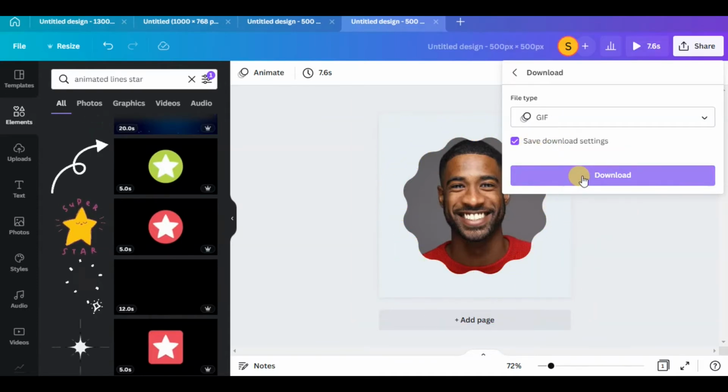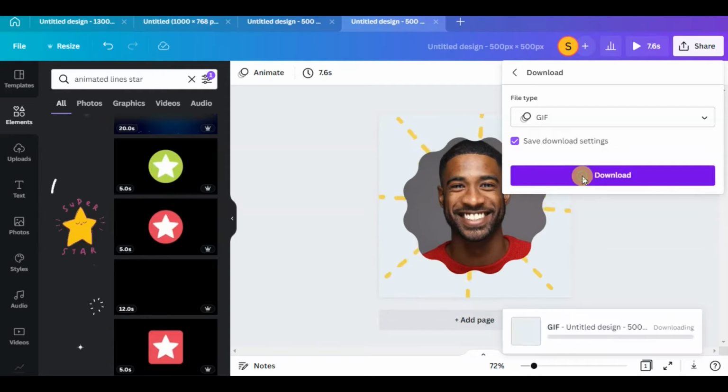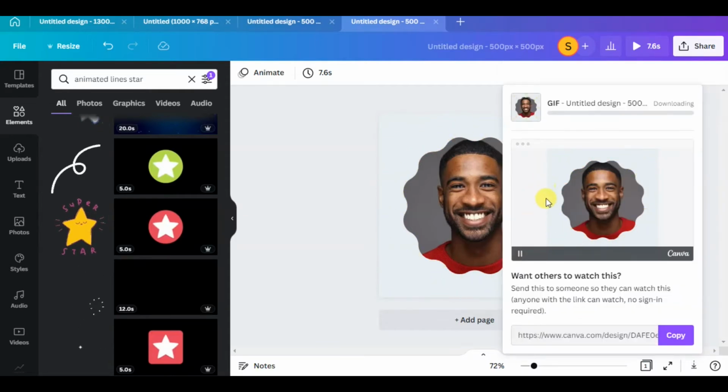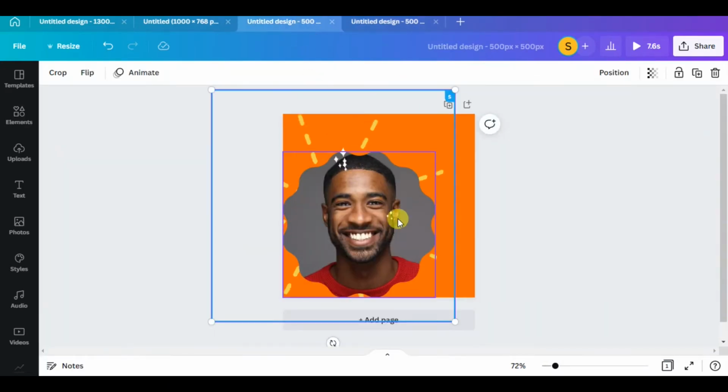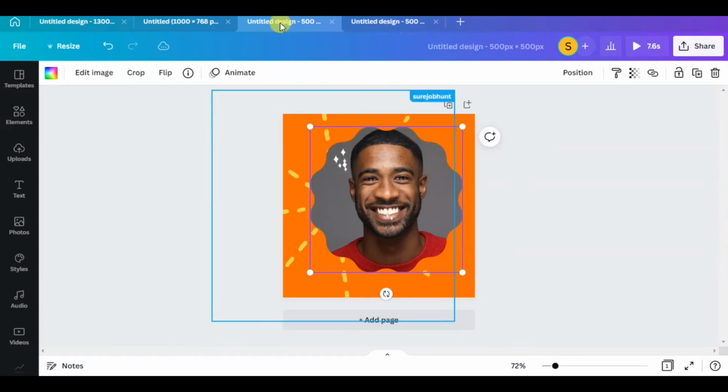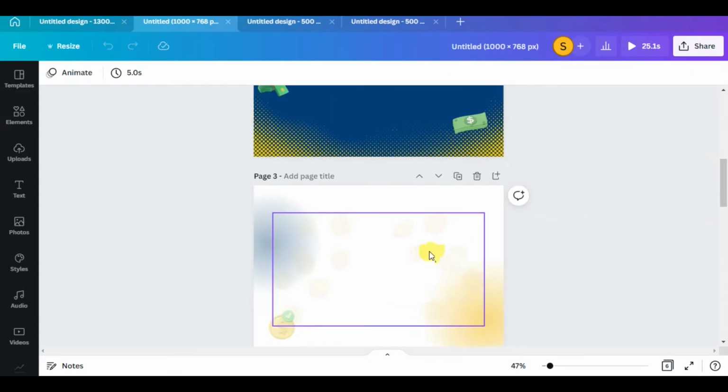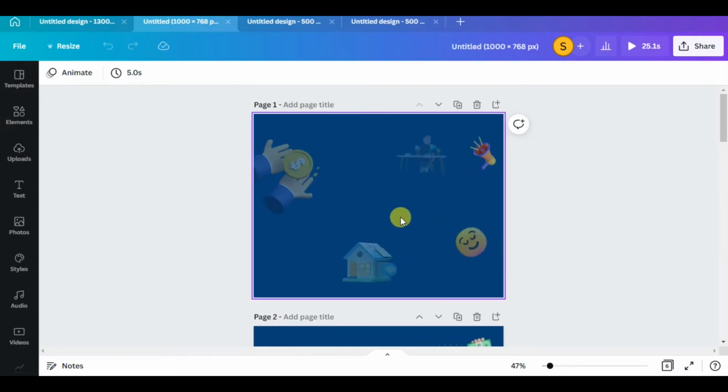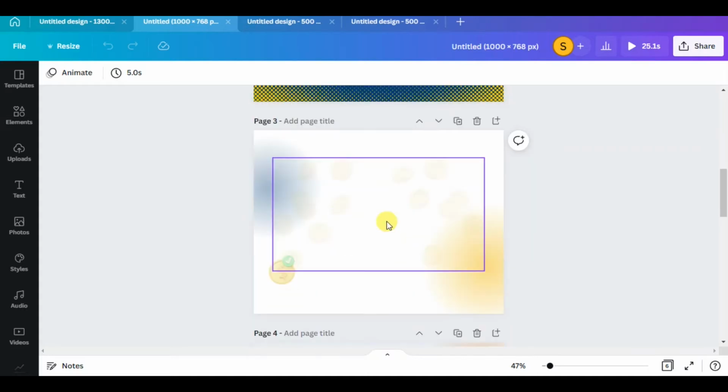I download as a GIF, and then I go and download it right here. While I wait for that to download, I'm going to go to the other one, which is the actual background.